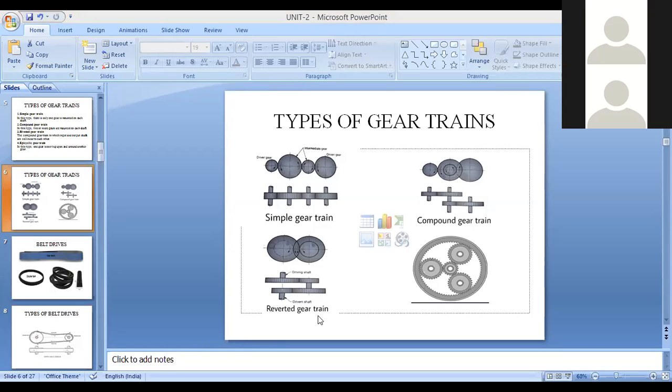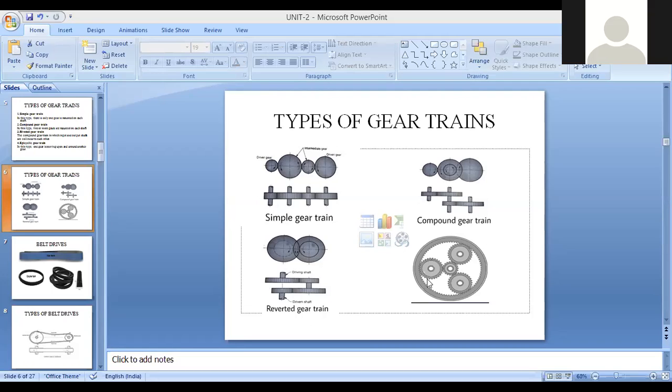Next is riveted gear train. In case of riveted gear train, see, the power will come from one gear. It will transmit to another gear, and again it goes back to, means you have a driving shaft and a driven shaft, and in between you'll have another shaft where gears are mounted, but it is just for transmitting of power, means it will not get connected to some other shaft. It gets transmitted like this. And here if you want to transmit to another shaft, again you will have another gear here, another gear train here, and again that will transmit. So this is riveted gear train.